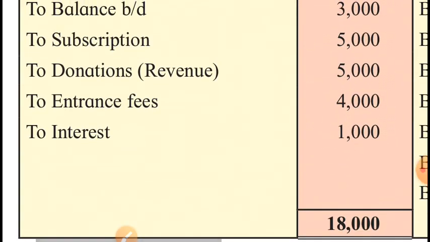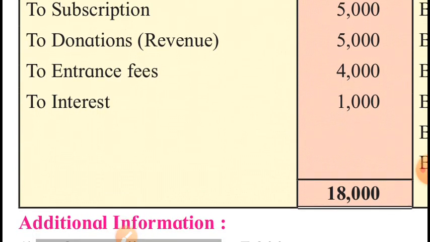Means the entrance fees we received this year is 4,000 and its 50% is to be capitalized. 50% is 2,000. So 4,000 minus 2,000, outer column 2,000, and this capitalized entrance fees will be added to the capital fund. To capitalize means to convert this income into capital fund. So 2,000 will be added to the capital fund,